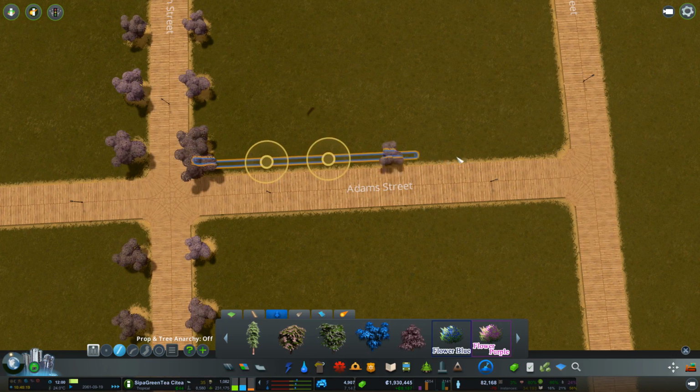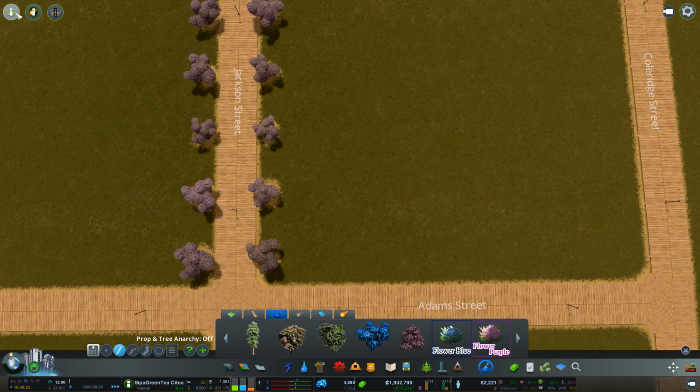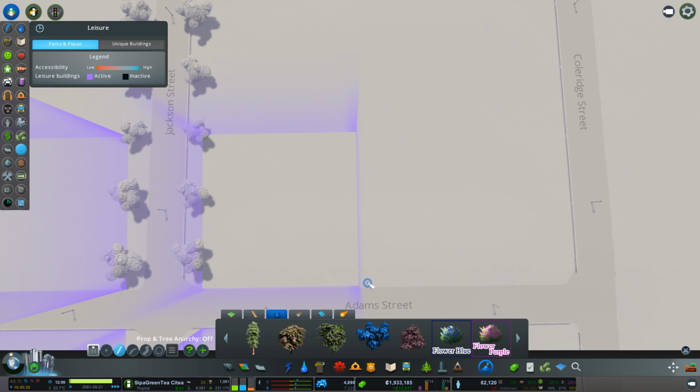Oh, there's the park there. And I don't think it's got the gap, has it? No, it hasn't. We could go around the park. So what I'm going to do is put the leisure one on. Yeah, there we go. And if we go up here...